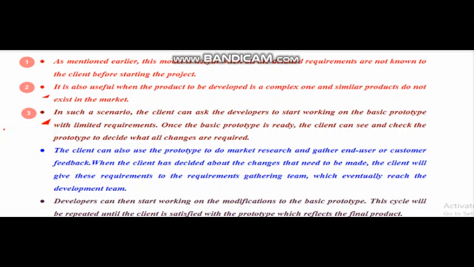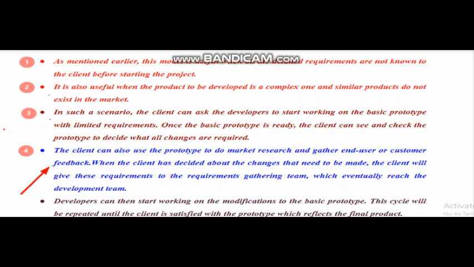So the basic theme of our prototype model is that it is developed for a novel approach, when we don't have any software and we are developing software for the first time. Sometimes the client also uses this model. The client will develop a first initial model, then give it to different kinds of customers, and then get the information, and depending on that information they will decide whether to develop this system or go with another type of model for the development.